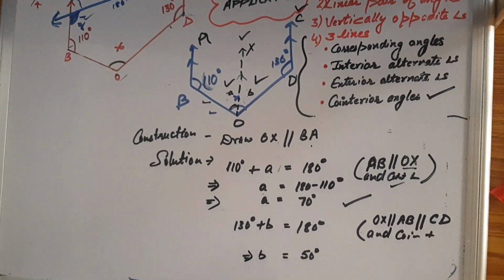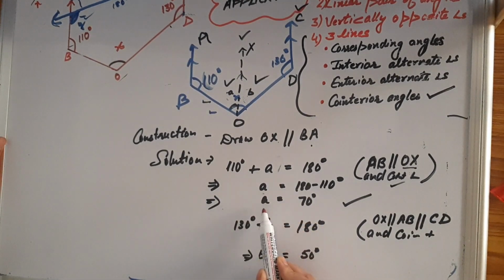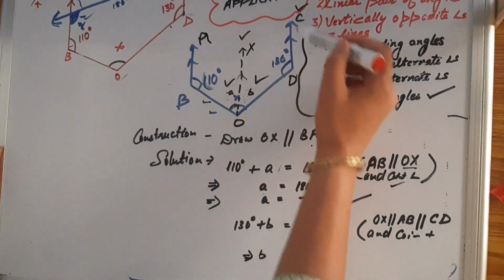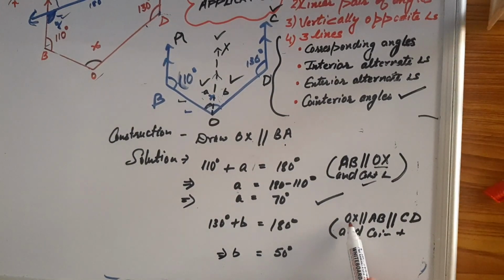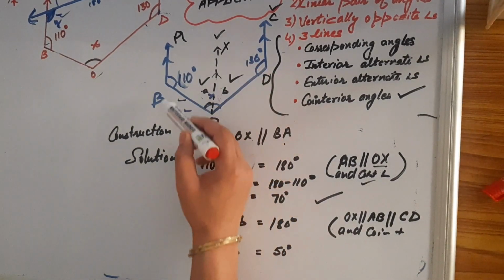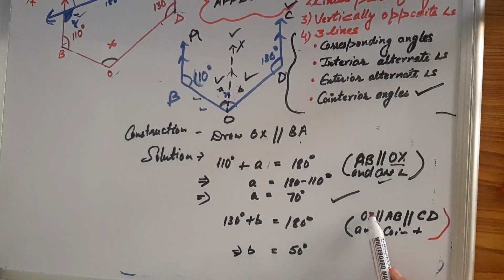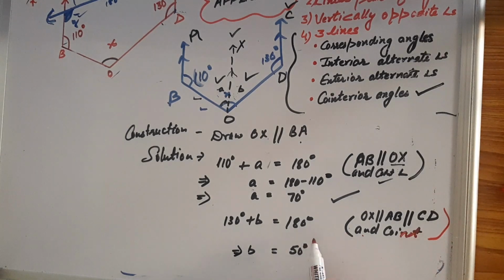Maybe you were not able to see this part, so please focus here. What did I say? We took out A equals 70 degrees. Then when we focused here, we didn't have any reason to say this parallel to this. So what am I writing here? OX is parallel to AB, which is further parallel to CD. Writing this would be enough to say OX is parallel to CD and co-interior angles. So we have given two reasons, that they are co-interior, and the lines were parallel. That's why we can equate them to 180 degrees. Once you get it, we can find X equals A plus B, and then X would be sorted.